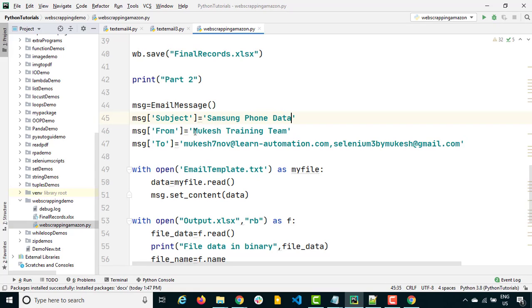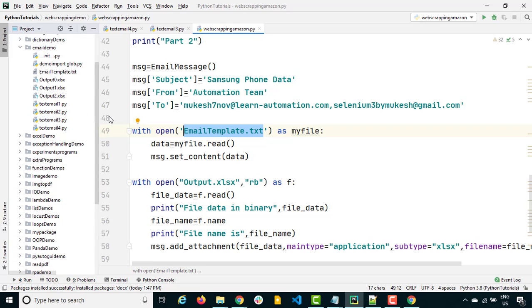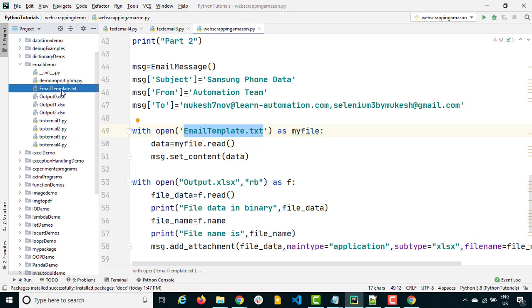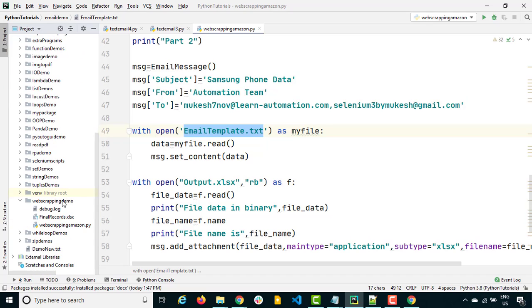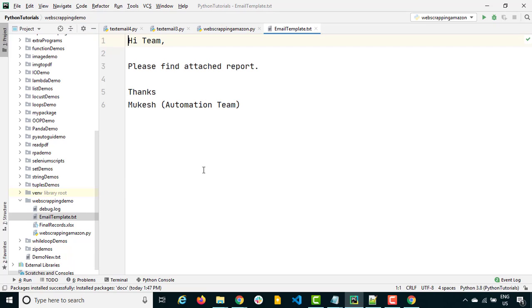Then for from, you can say automation team, or if you are a freelancer, you can write your name or something. I will write from automation team, and I'm just sending to these 2 participants, which is this ID and this ID. And this is one email template that we have. If you don't want to give this email template, that is also fine, but if you want this email template, I will first keep this txt file here,